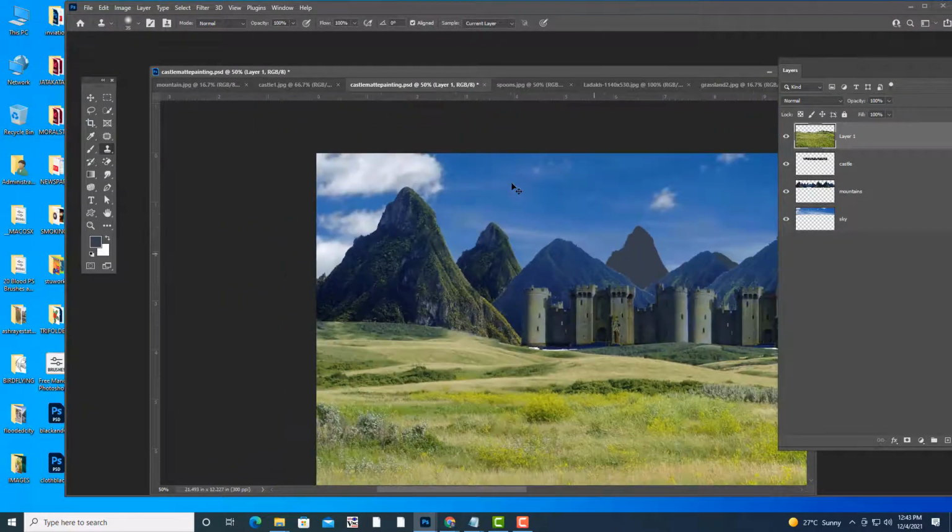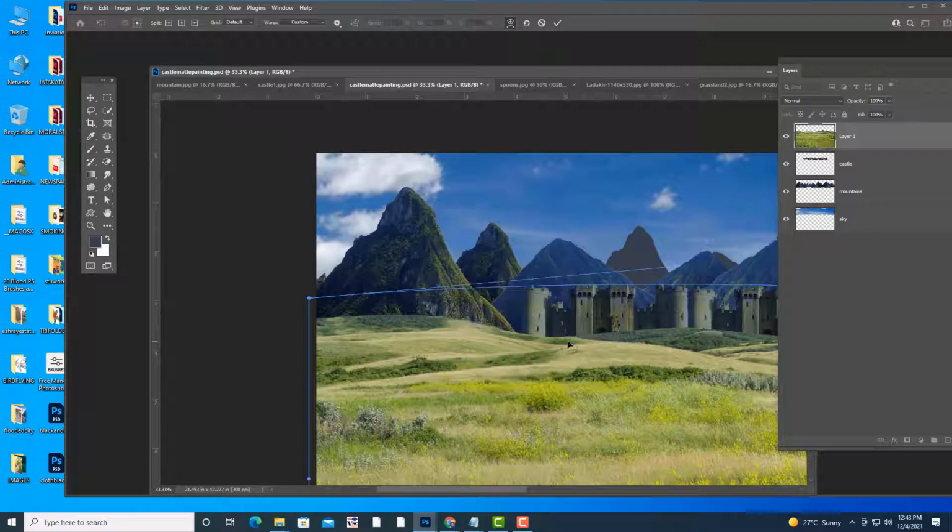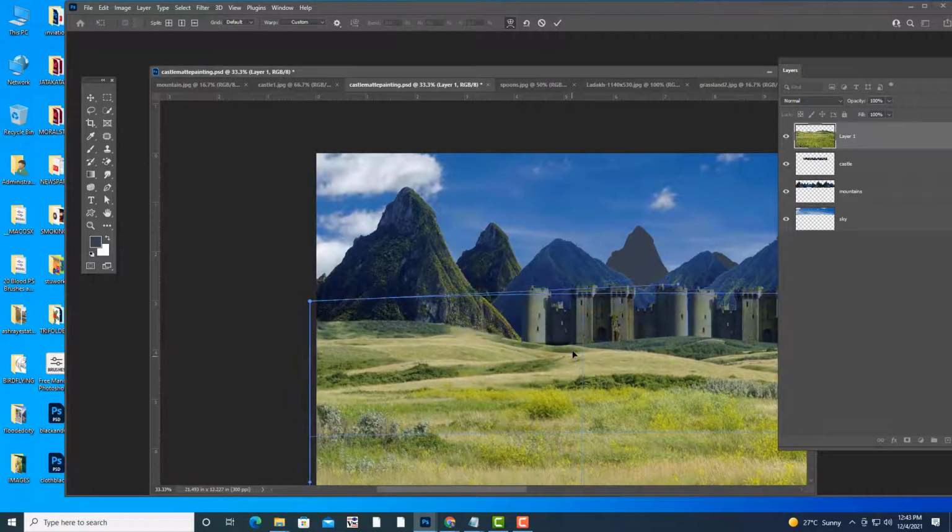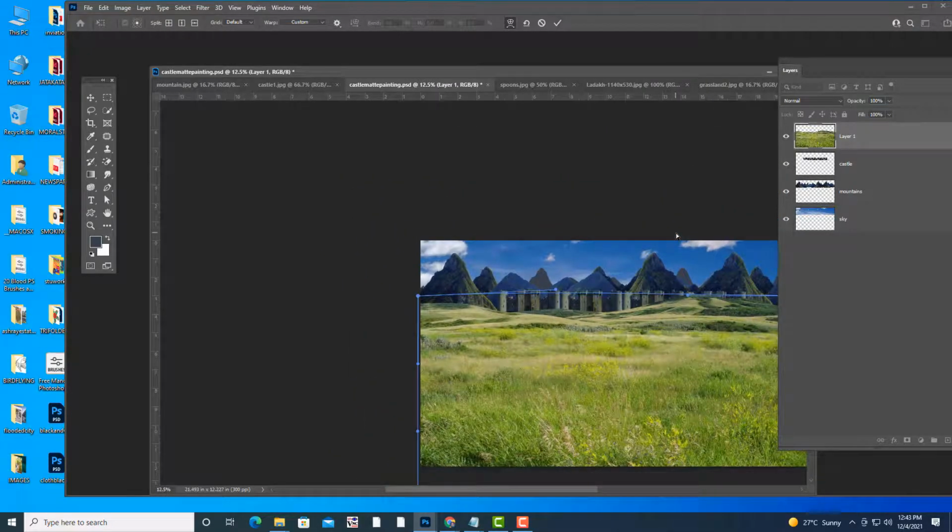We can also use another way: you can use Control T and then use the warp tool. Everybody remembers warp. It's taking time. Okay, so something like this.